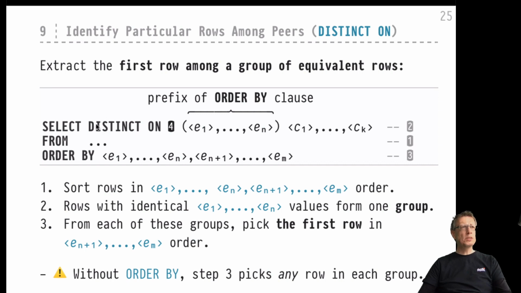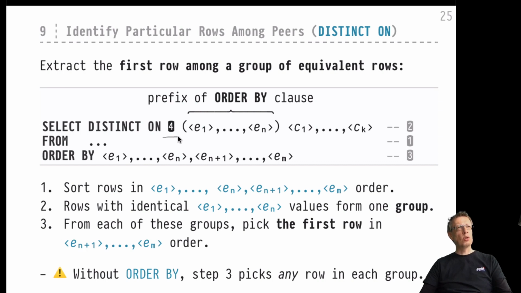So as you can see, this is the distinct on clause. It goes together with the order by clause here. The processing order is as usual. Actually, we start with a from clause. We will then compute some select expressions, some column expressions here in the select clause, these k expressions over here. Based on these, we can define a row ordering. So everything is normal up to here. And then in the fourth step,